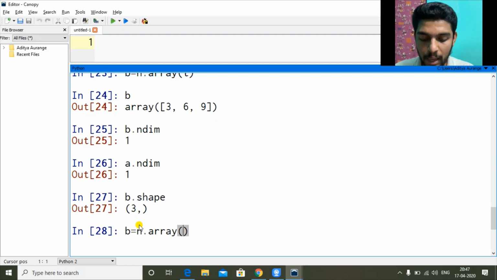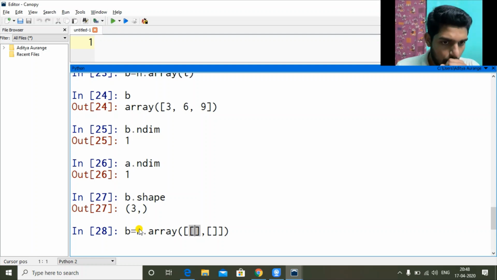So numpy array, I am passing data as a list. This is going to be my 2D list. So how do you create a 2D list? Easily. A 2D list is one list containing 2 lists inside of it. So this is one list, one enclosing brackets. Inside, I have 2 lists. List inside another list is a 2D list.